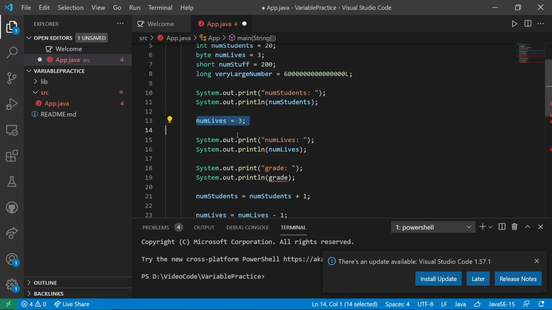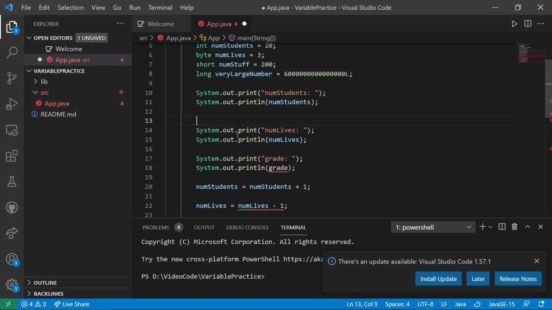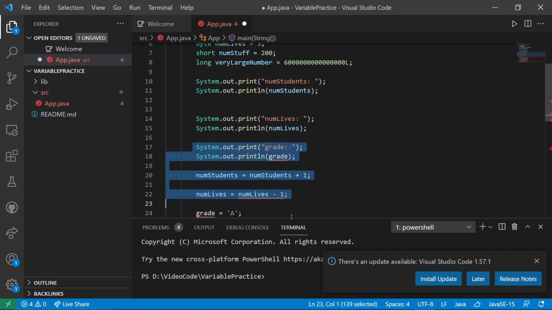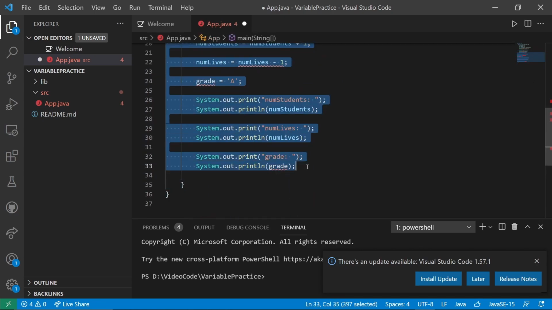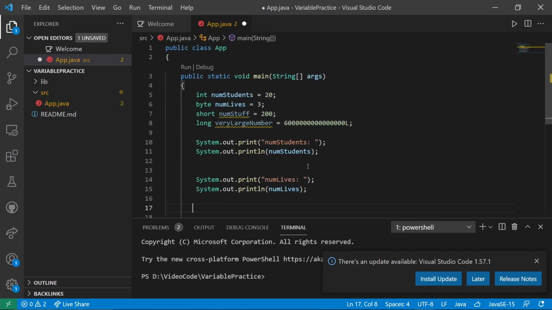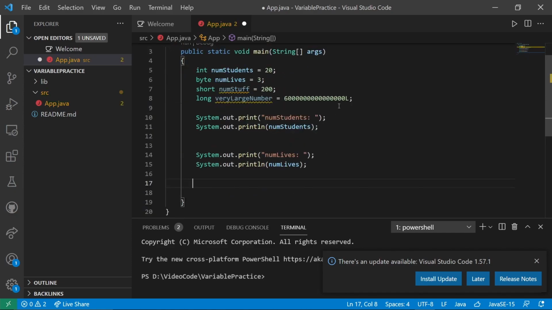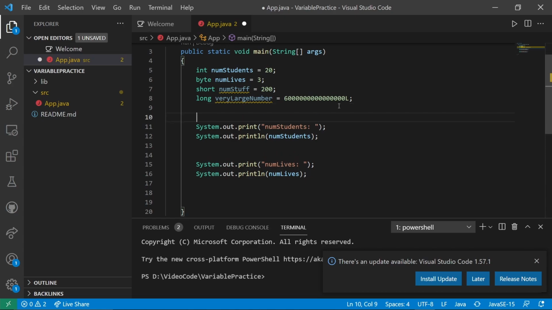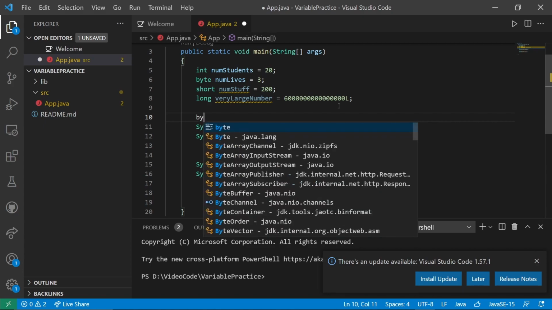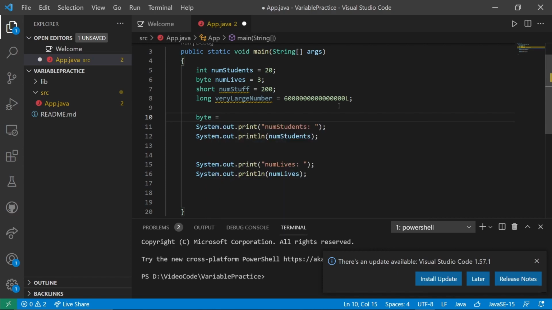Okay, now I'm going to take out some of this printing and so forth because it's not all valid and we're not doing these things. So what I want to focus on is doing things with these new values that I have. First of all, let's take a look, and we see that if I say byte is